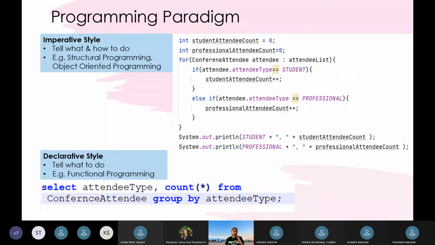Over here, we have two styles of programming. One is imperative style, another is declarative style. So let me get the laser. Yeah. So the imperative style, which is on the top portion here,